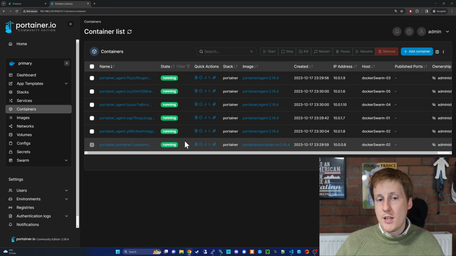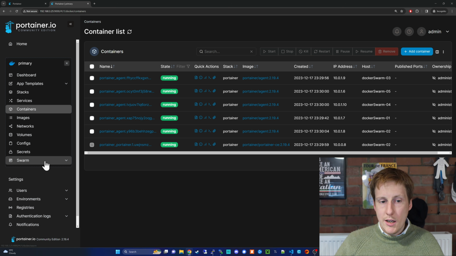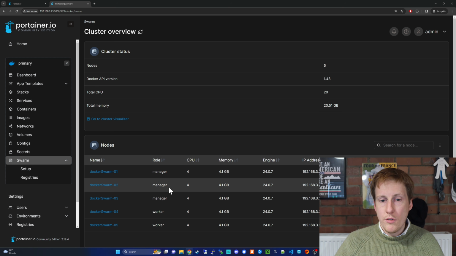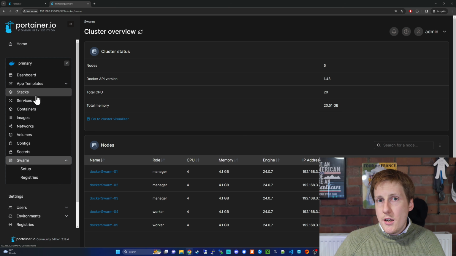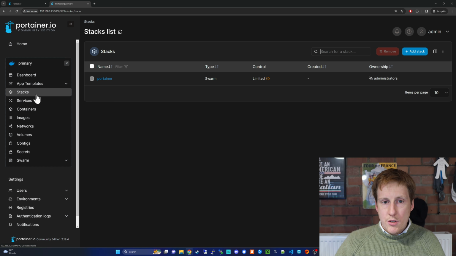And if we look into it, we get all of those details. So here's the 6 containers, and that makes sense, right? 5 agents, and then Portainer itself. So there's your 6. And if we click on Swarm here, we can look at all of the Docker nodes that are in there. So 1 to 5 tells you the CPU, the amount of RAM, the engine, and the IP address, etc., and the status and availability. And then you can choose to use Portainer as normal. So you can go to the stacks, and then you can create and add a new stack,